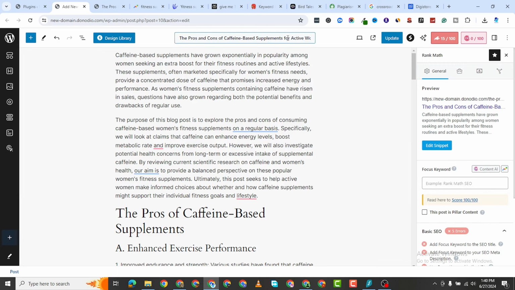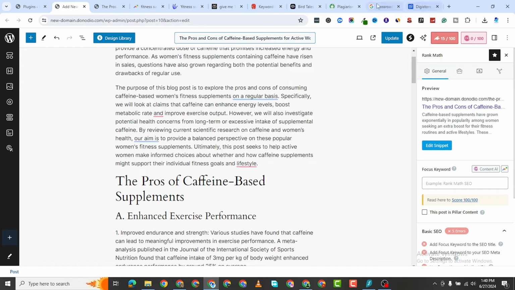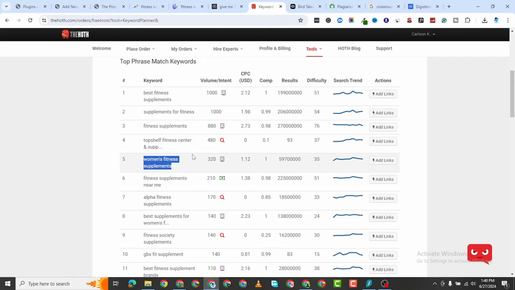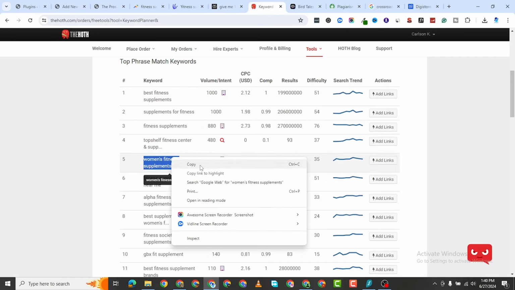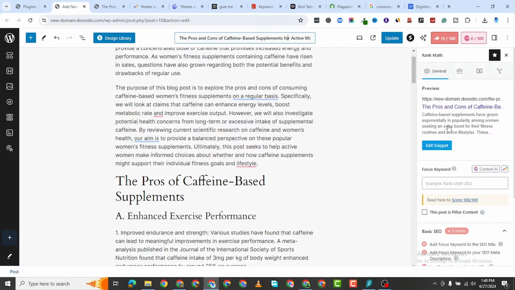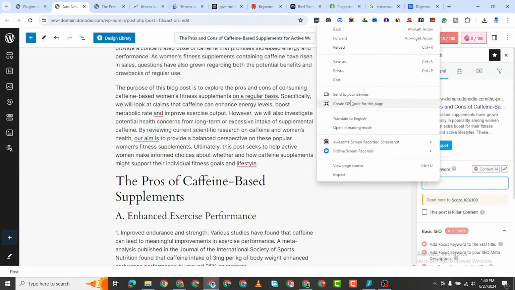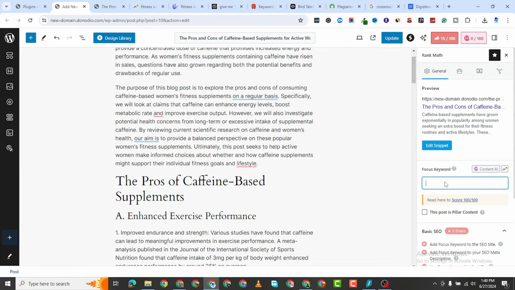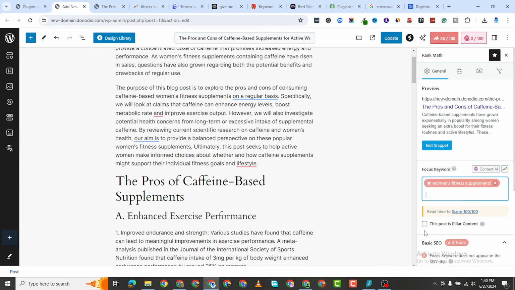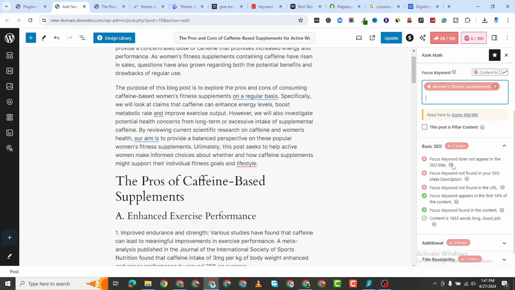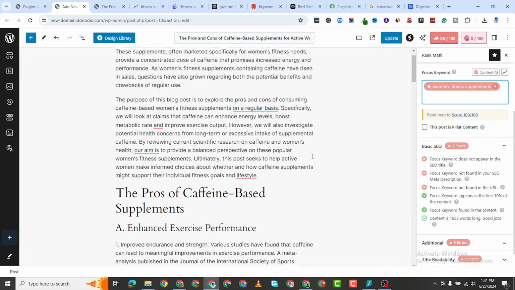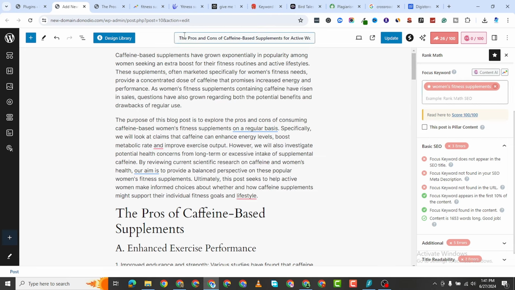But the one thing we want to do is make sure it tells us what we need to change. So this is women's fitness supplements. Okay, so we want to put that focus keyword here so that it will tell us what we need to change. Let me just Ctrl V. So based on this keyword, women's fitness supplements, it is going to tell us a number of things. Focus keyword does not appear in the SEO title, so we need to change this a little bit. This SEO title